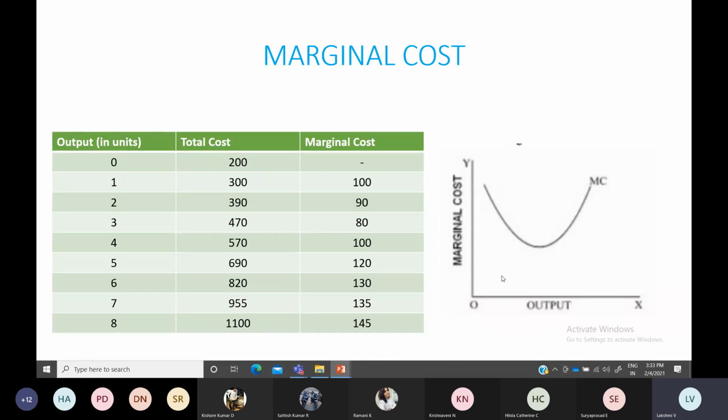Average variable cost also is a U-shaped curve. Average fixed cost will decline. Okay, total fixed cost will be constant. So if you prepare a table, you can draw this graph easily. By the graph, you can understand that it keeps on reducing, and after a certain point, it starts to increase again. So that's what it is, a U-shaped curve.